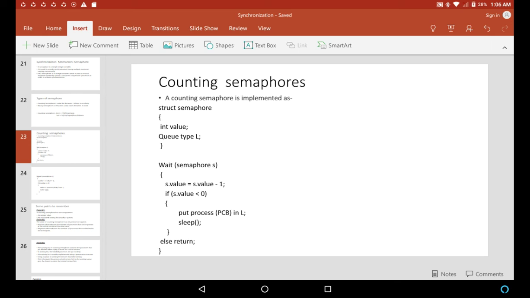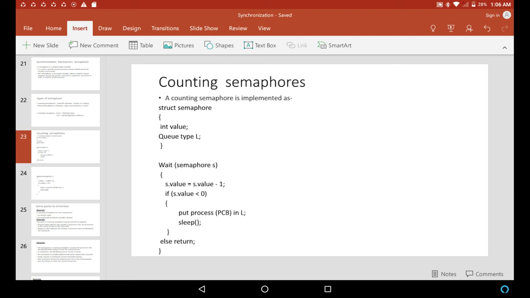So here the satisfaction of the if statement leads to exit from the critical section. That is, it is not allowing that particular process into the critical section, but if it gets false, that means that process is allowed to enter into the critical section. Now suppose P1 entered into the critical section, S value becomes 2, and a new process comes, that is P2.